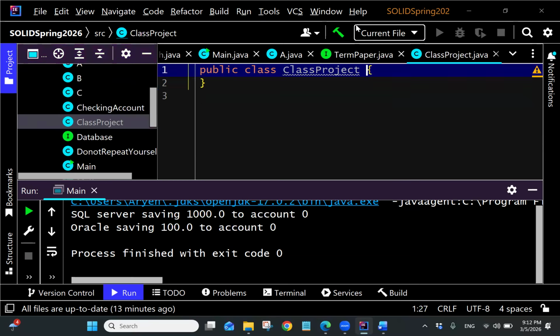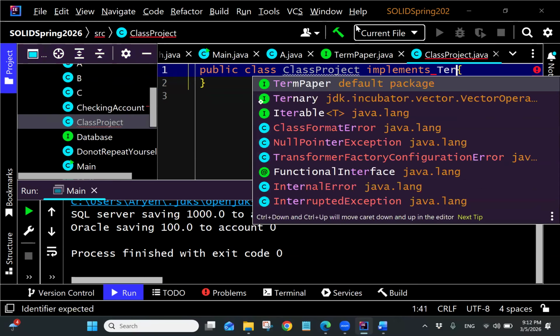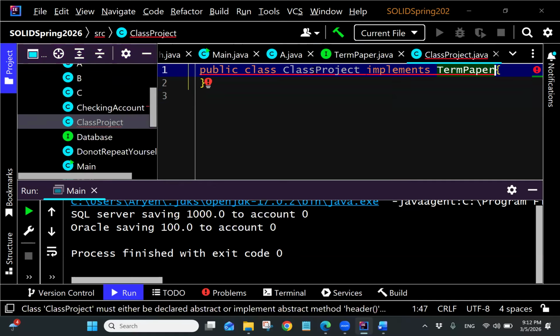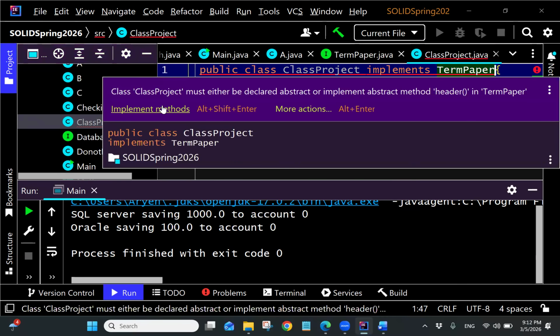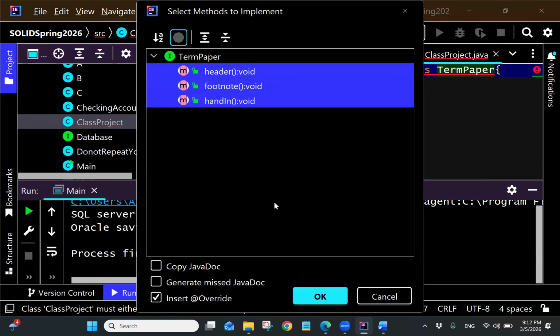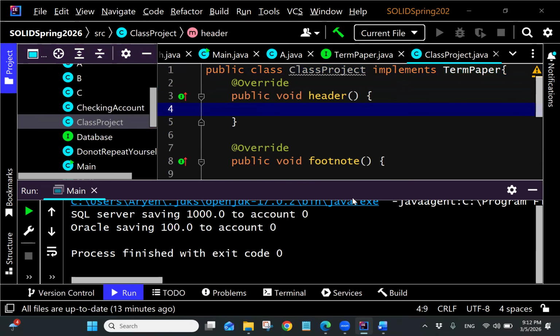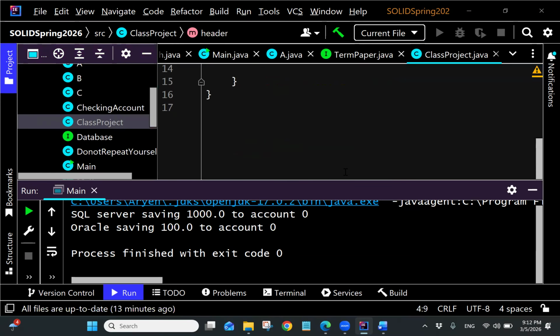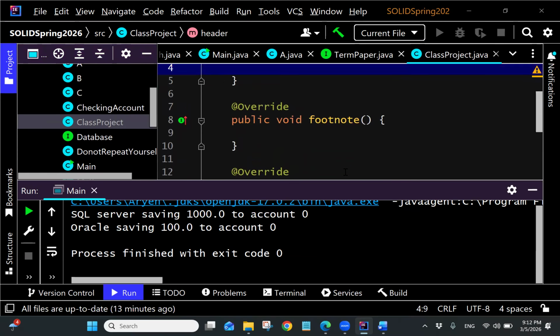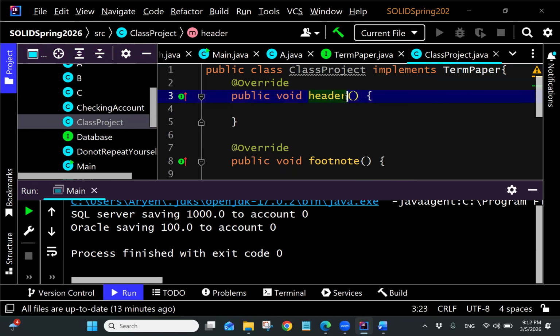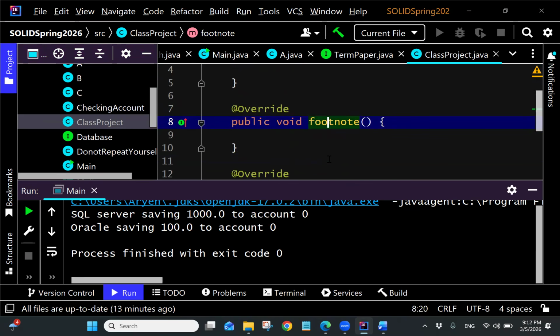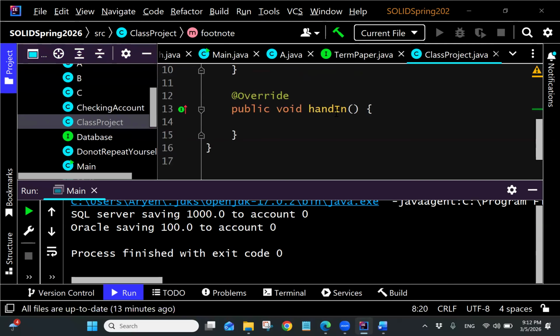And it has to implement a term paper, right? So now, because I'm implementing it, what do I have to do? I have to create all these methods. I have to fill in header, I have to fill in footnote, and I have to fill in hand in,